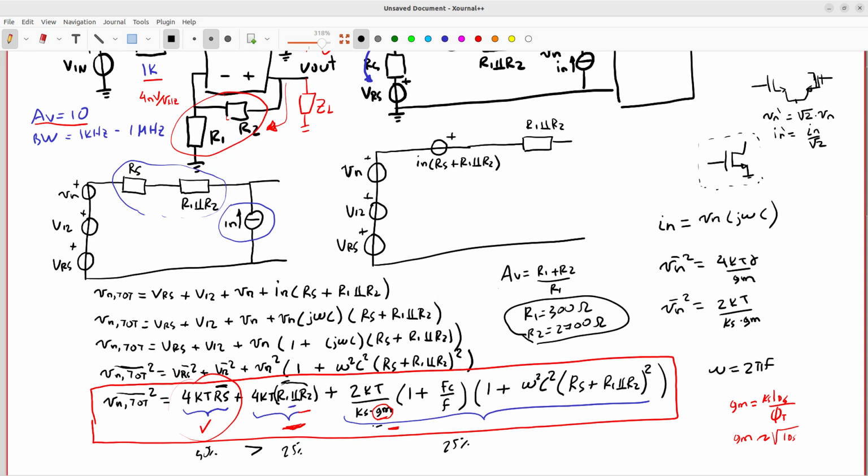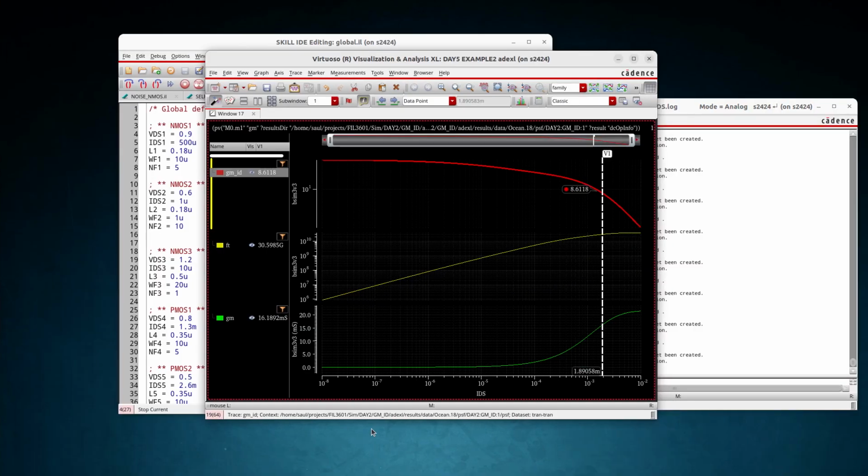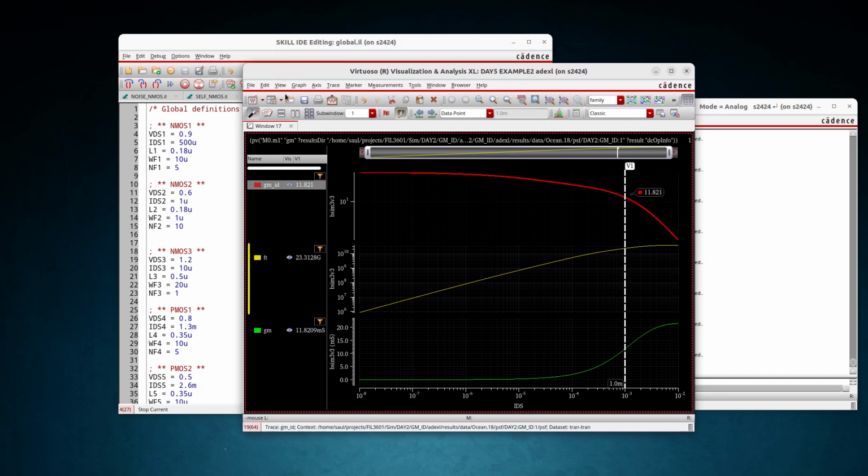And then for this transistor, on the other hand, we can start with 1 milliamp here. Let's see, it's 1 milliamp. With 1 milliamp,